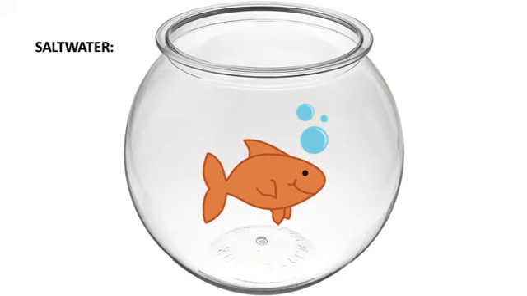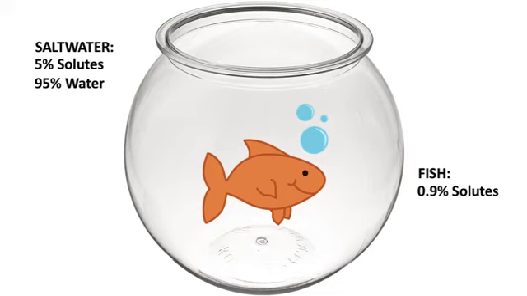And that salt water is a solution, which means that it's made up of dissolved substances within the water. Let's say that those dissolved substances make up about 5% of the solution, and we're going to, in general, call these dissolved substances solutes. Now, the remaining portion of salt water, which is the solvent, is about 95% water. In comparison to the fish, whose cells, when they stay within homeostasis, have 0.9% solutes, and that makes 99.1% water